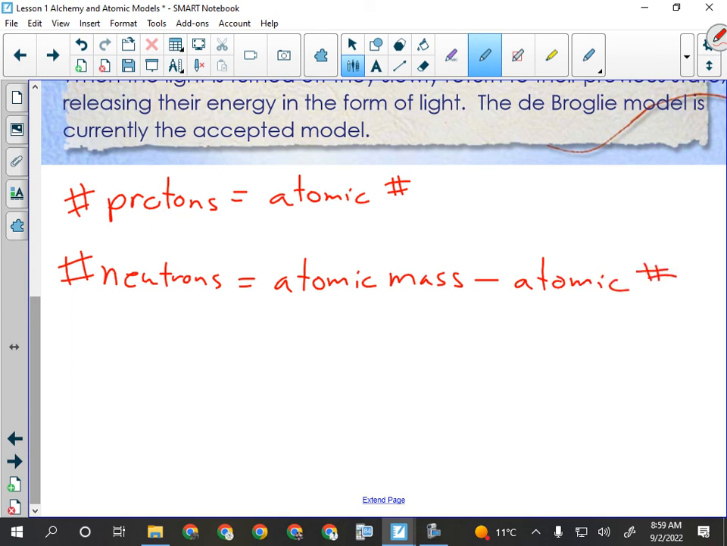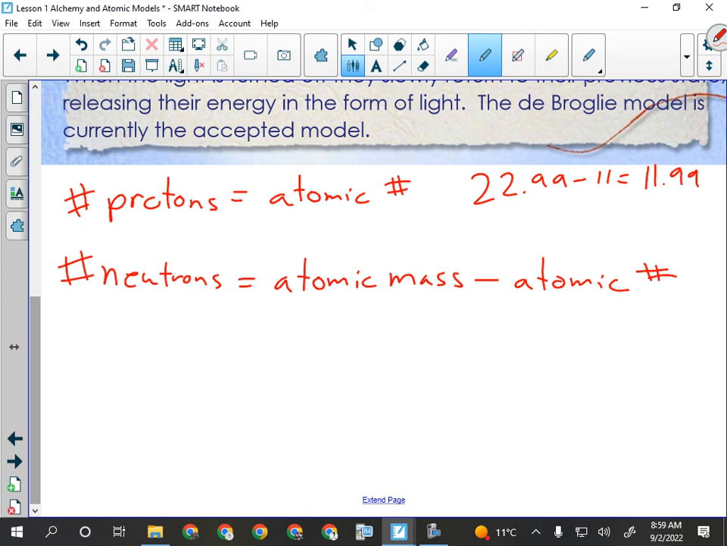If we want to calculate the number of neutrons, we take the atomic mass and we subtract the atomic number. Remember, the atomic mass is the sum of the mass of the protons, the neutrons, and the electrons. And as I said, the electrons are so small that they basically make up no part of that number. So if we subtract those two numbers, we'll get the number of neutrons. For sodium, it's going to be 22.99 minus 11,